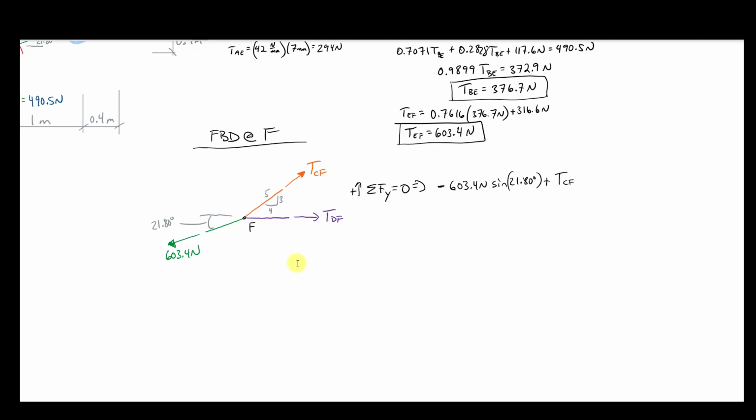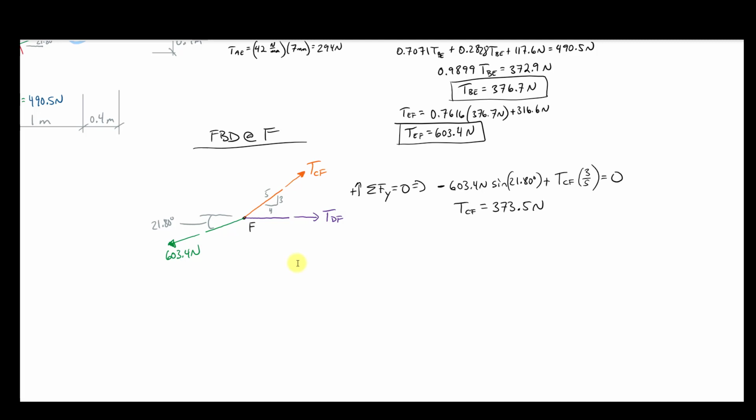times, and when you deal with a force triangle, you can look at the trig as being, isn't the sine 3 over 5? The sine of this angle is 3 over 5, but we don't ever care what the angle itself is, what the actual number is at 36.7 degrees. I don't care because I know its sine is 3 over 5. So I just need to come here and write 3/5. If I wrote the sine of 36.87, it's fun. Try it at home. Put it into your calculator. Sine of 36.87 degrees. I guarantee you it's 0.6, which is the same thing as 3 over 5. Okay? Force triangles, they work. Equal to 0. So then I can solve for TCF, and TCF equals